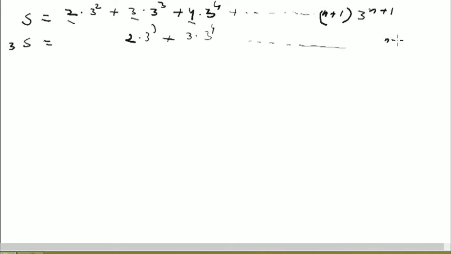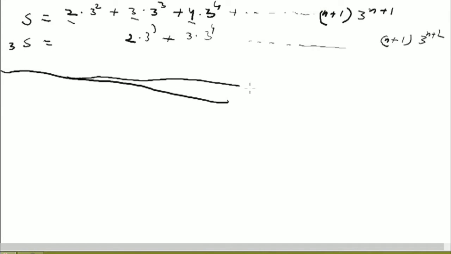Now we will go for subtraction. We will subtract. It is a little bit dirty line, but you see what concept we are following here. Solving AGP, it is going to be minus 2S, S minus 3S is minus 2S. The first term is left over and the last term is left over. In between, how many terms are there? n minus 1 terms are there. Be careful, the first term and the last term